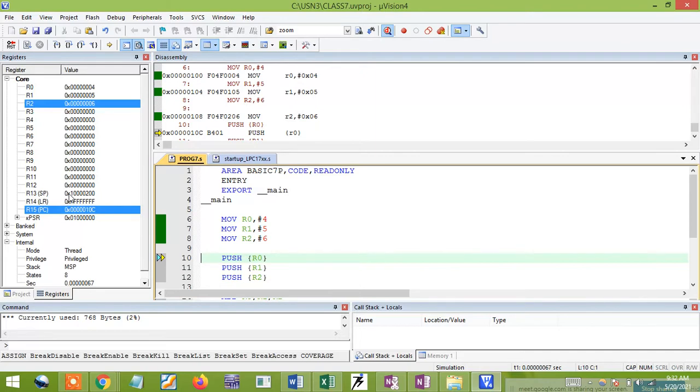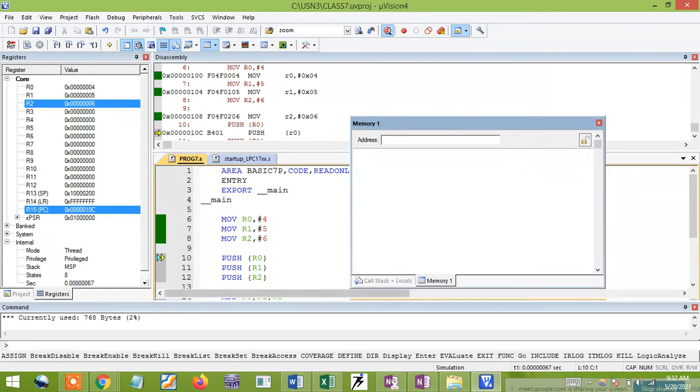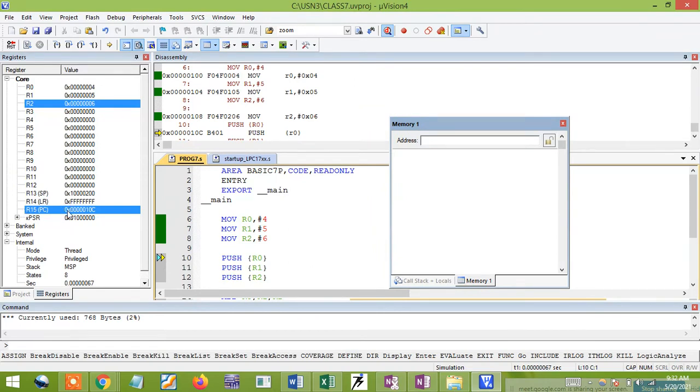Okay, if I want to show the values clearly, I'll take the memory window. You just take the memory window. For a clear explanation, I'll give some address. So this address only. You can see 0x, some zeros, 1 followed by the stack pointer address. You just see the stack pointer address. What is the value now? 1 followed by 4 zeros, 1 2 3 4 followed by 200 you have.